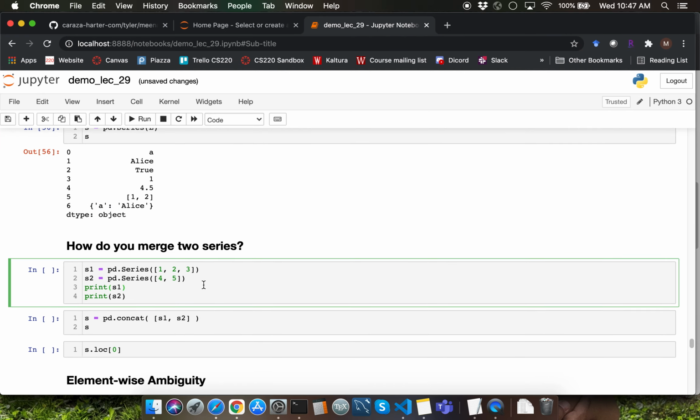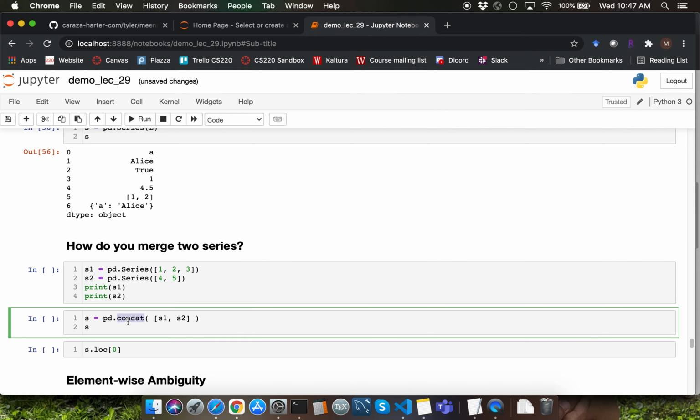Let's talk about how to merge two different series. We are going to use the concat function within the pandas module. So I'm going to specify pd.concat. The concat function takes as argument a list of series which you want to concatenate together into a single series.